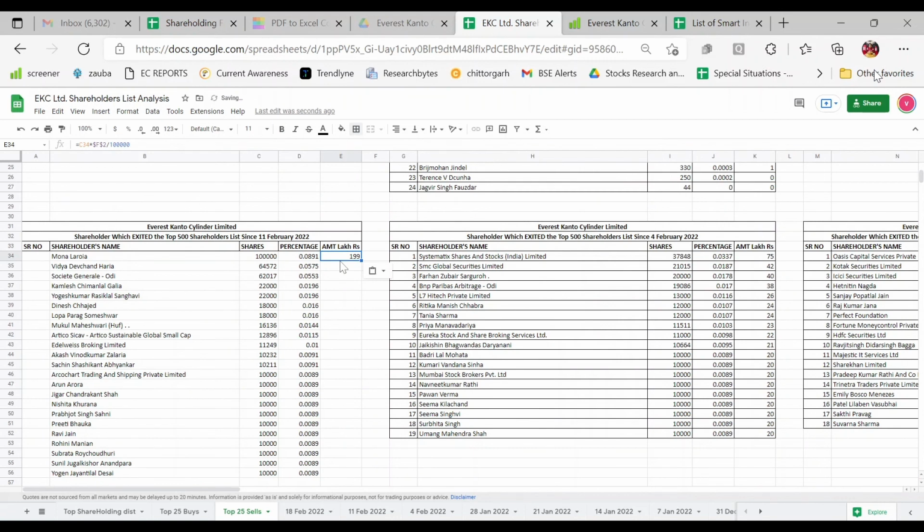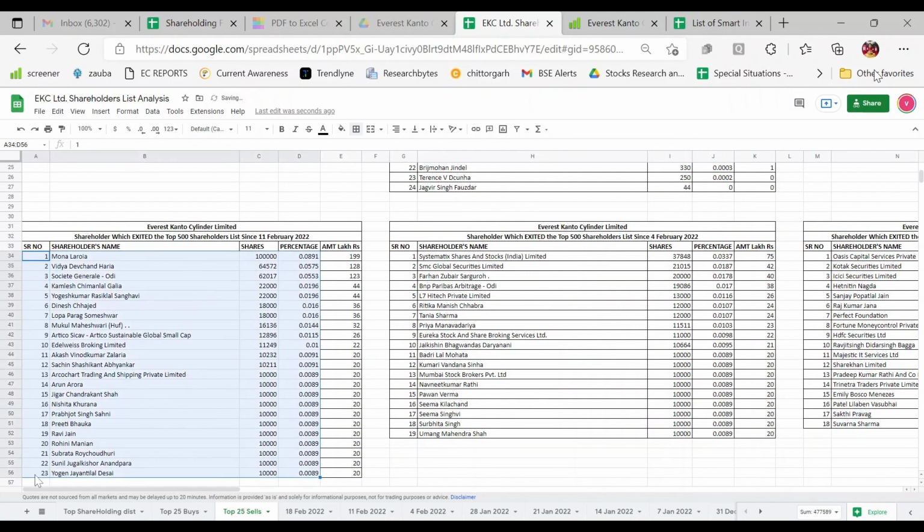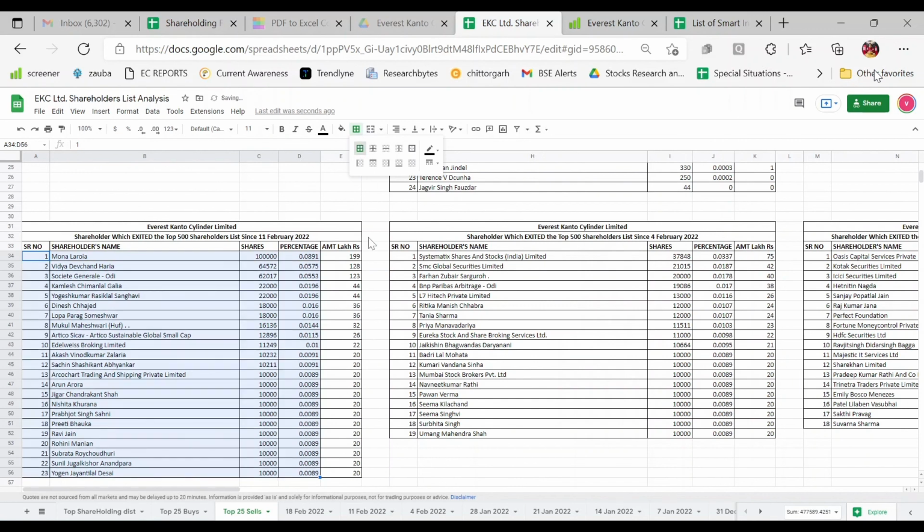I'm just copying that formula because it won't change. As the price cell is locked, it will always get multiplied by the shares one cell away from it. Same for the serial numbers, dragging them down, giving them a border. Now we are good to go.